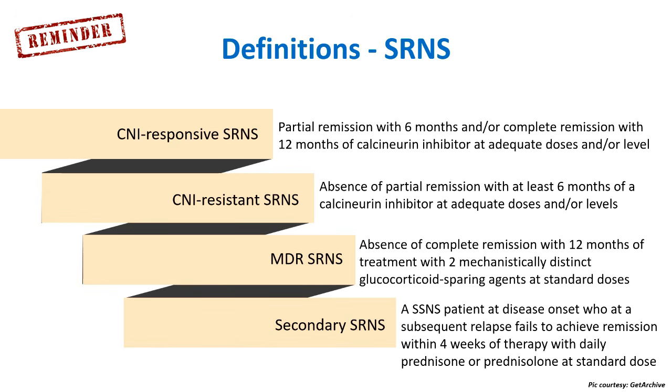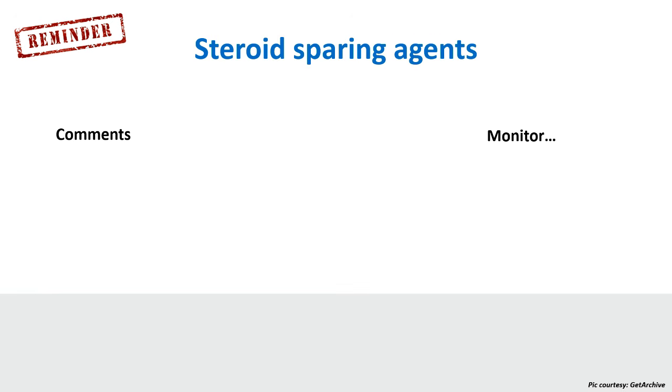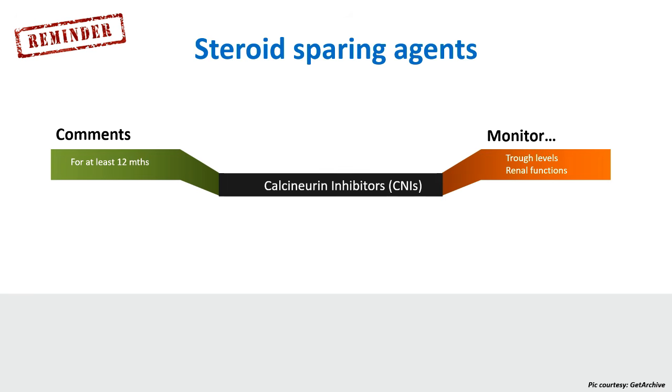Maybe more guidelines would be coming up discussing or detailing management of MDR and secondary SRNS with drugs as more and more drugs are discovered. A word about steroid sparing agents, since increasing emphasis is being placed on them. Calcineurin inhibitors are the steroid sparing agents of choice nowadays and should be continued for at least 12 months. Trough levels of these drugs should be monitored and they have a high potential for nephrotoxicity, so renal functions also